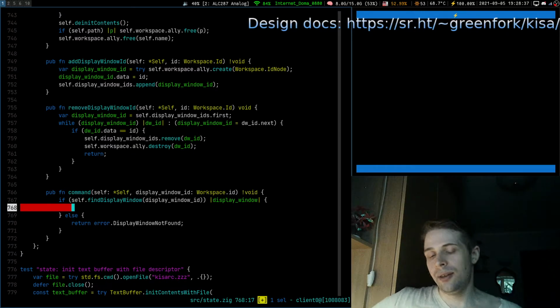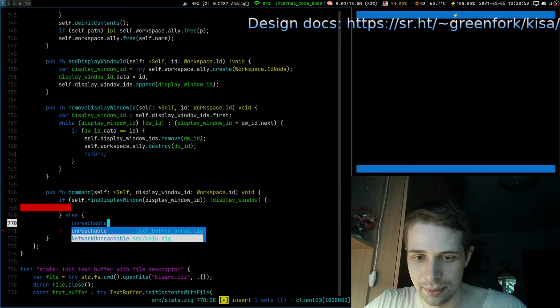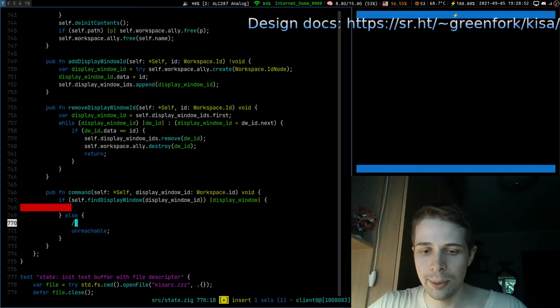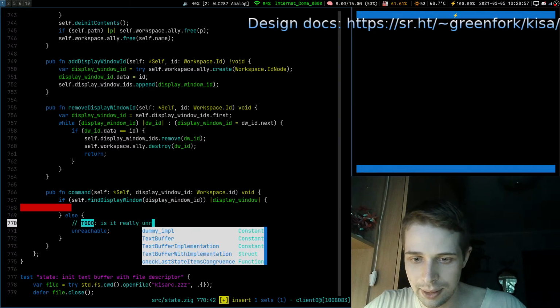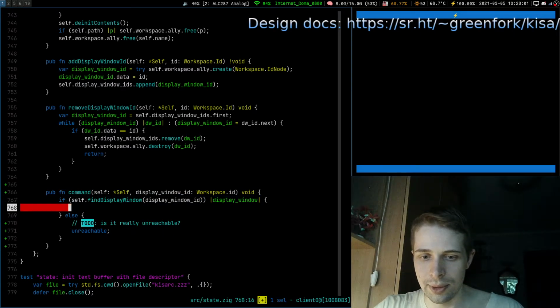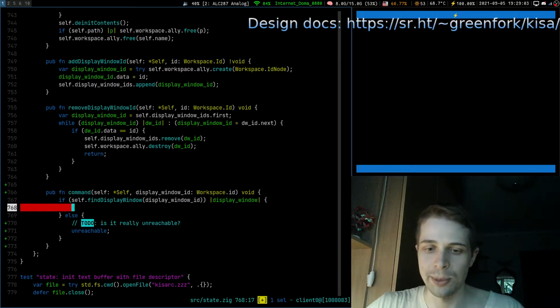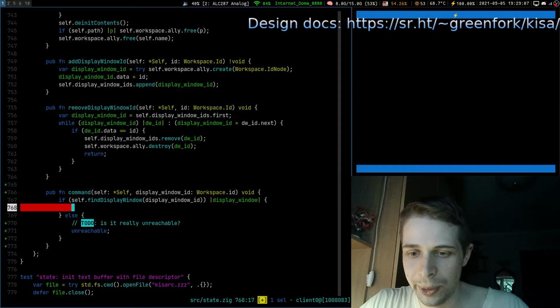yeah, I think I do not have enough information right now to answer, and if I don't have enough information, we'll do the dumbest way possible. We say it can never happen. Unreachable. And we will leave a to-do entry: is it really unreachable? So later in the development, we will understand and fix it if we need to. Okay, now we are on the happy path.